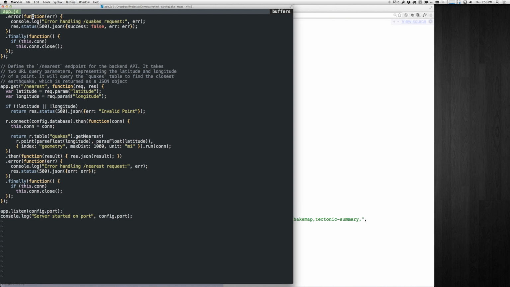And then we take those and we perform a query. So you can see the query right here. We're using the getNearest command, and we're taking the longitude and latitude values and putting them into a point. We're using parse float here because when you get those parameters out of Express, they're strings. So you could use parse float, or you could just put a plus in front of them to coerce them into number. And once you've created the point, you just do a simple query here against the geometry index and